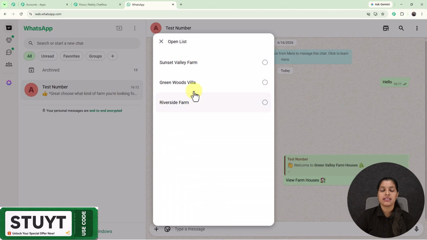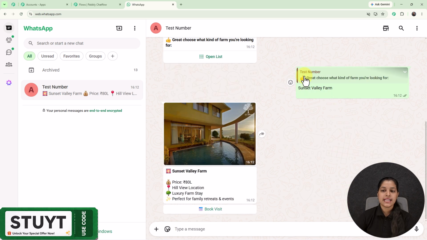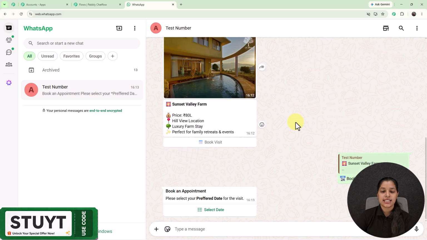Right here I'm getting some of the options. Here I will be selecting this first option, that is for the Sunset Valley Farm. And as I have selected it, I'm getting this image of this farmhouse. And right here you can check out all its details with this button that is book visit, which I have selected. And as I have selected this button, I'm getting a message which is asking me to select the preferred